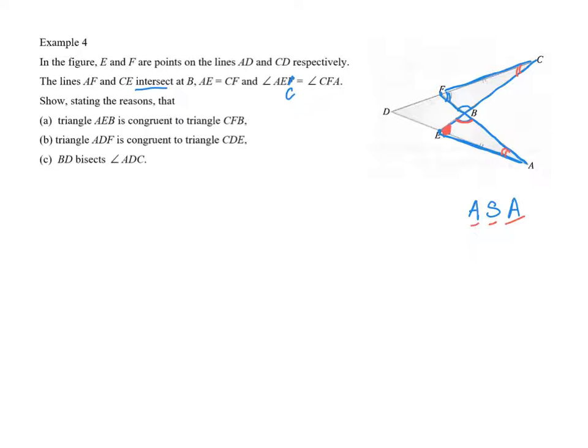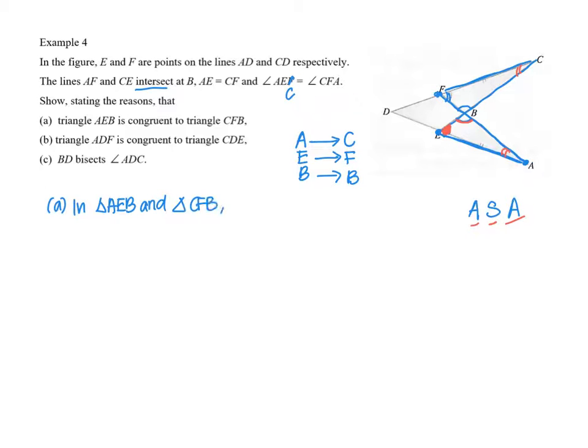So now let us find our matching pairs, matching sides. I will have triangle AEB. So A will match with point C, E will match with point F, and B will match with point B. So let's start to write our presentation. In triangle AEB and triangle